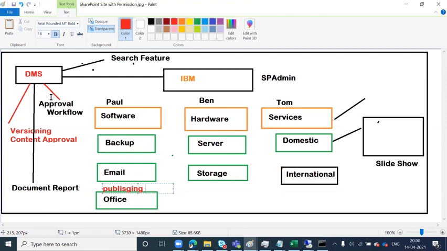And until that review happens, the document is not visible for anyone to consume, meaning they cannot read or download the document. This way IBM ensures that unrecognized documents or any content violating the norms of IBM is not available on SharePoint. Maybe I, as a person, can upload all my IBM customer documents to SharePoint. So when I upload all the customer